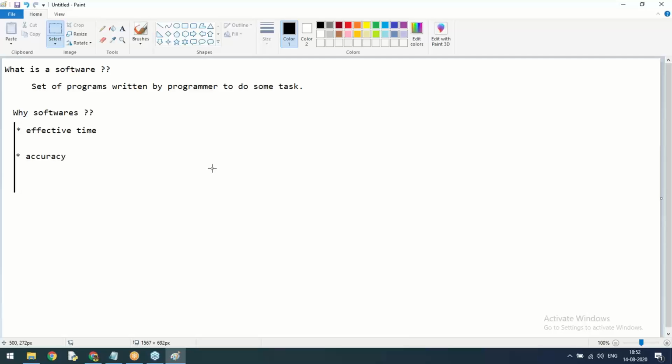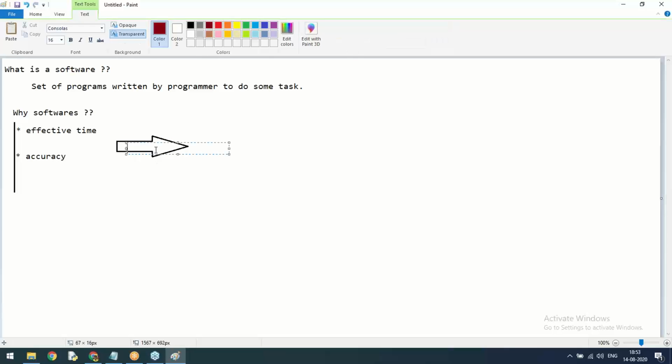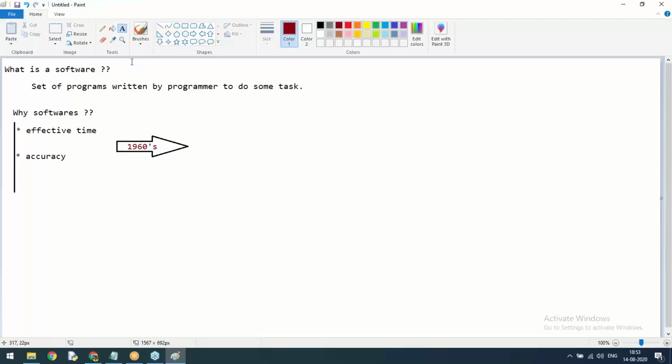Now, if you want to develop software, then obviously you need software development languages. Correct, no? I want to develop software, sir. Then obviously you need what? Software development languages. In the 1960s, early 70s, I'll write it here: in the 1960s, people started using software languages like